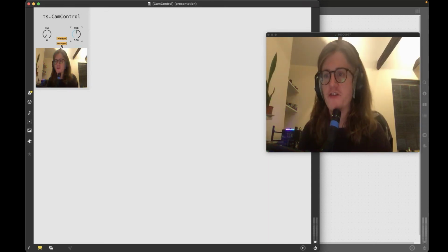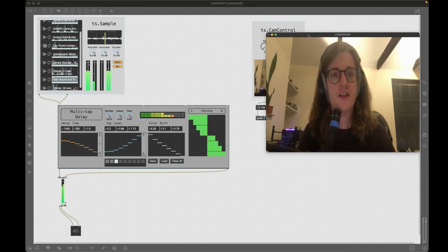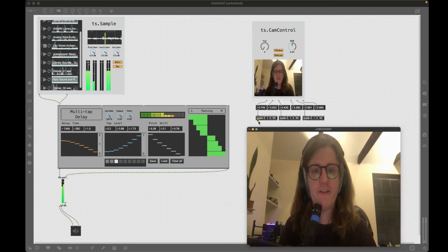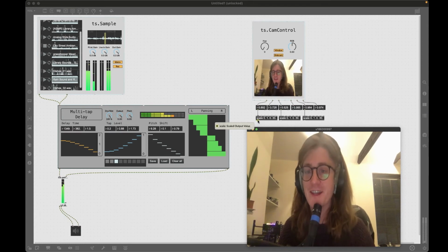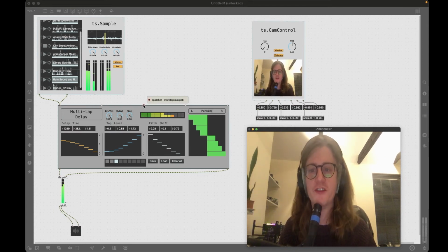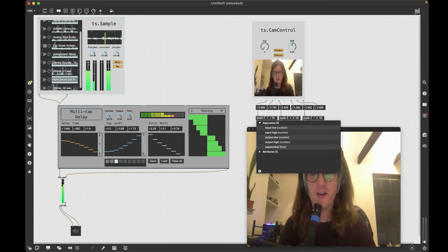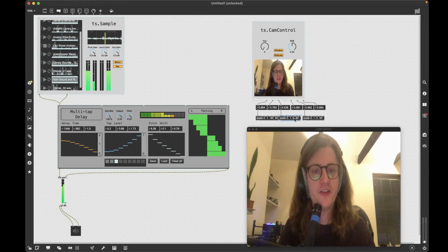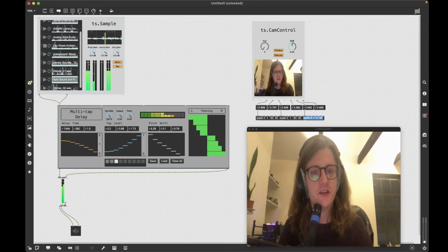So yeah, if I just show you some real world use case of this, I'm not going to start the audio again because my computer does sound like it's about to take off from the screen recording and from the amount of processing that we've got going on here, but we shouldn't need to, so that's fine. I've got different inlets on my multi-tap delay here. I've got parameter mod, -30 to +30. So I need to scale my output here, and I actually need to scale it slightly differently to what I've currently put in. So if I scale that from 0 to 1 to -30 to +30, like this,